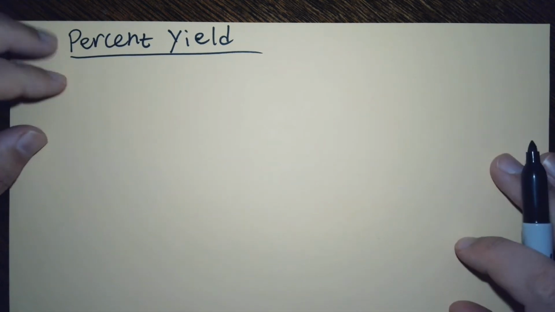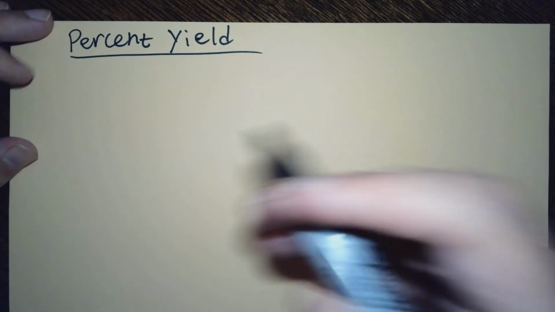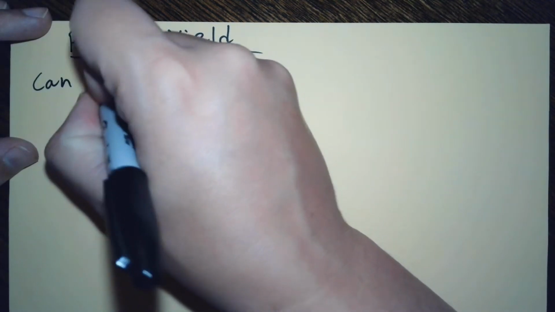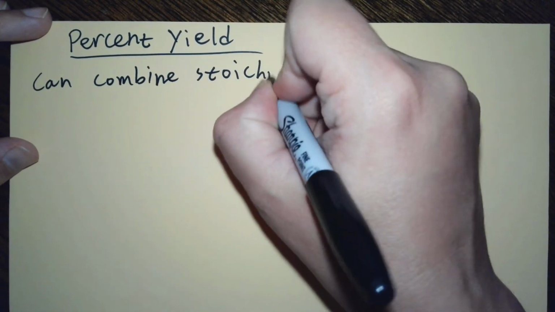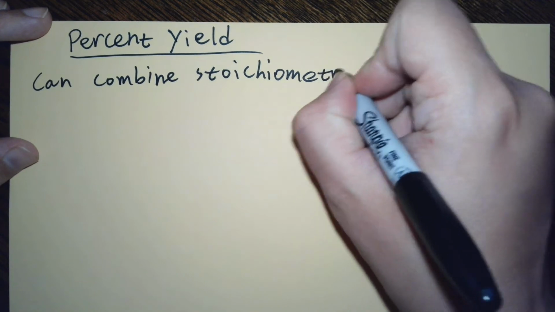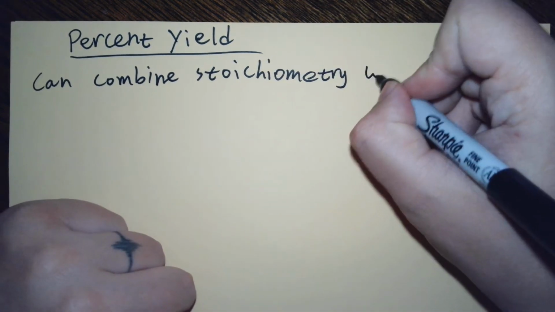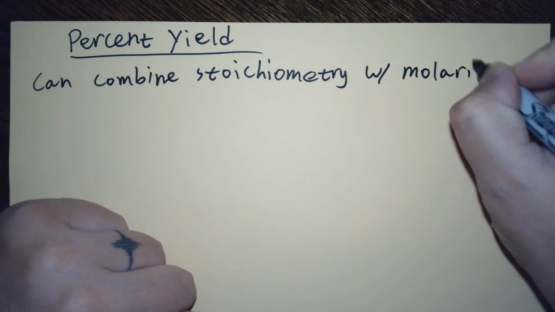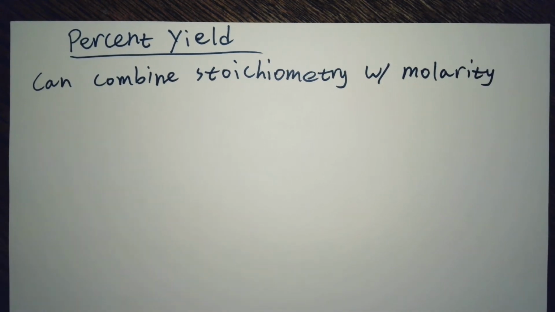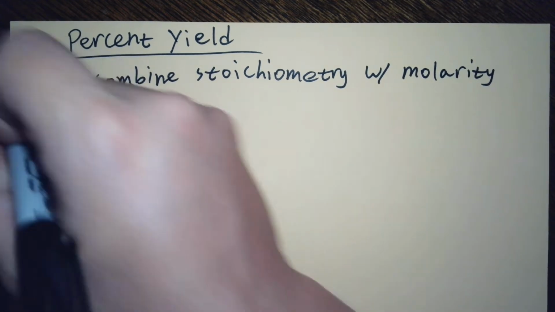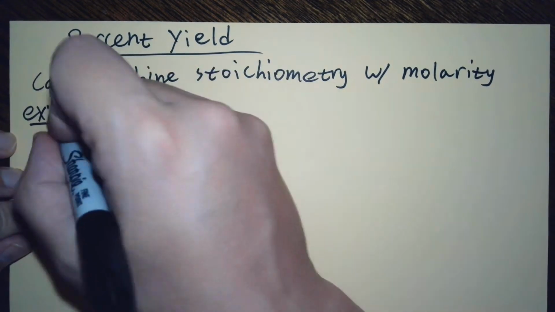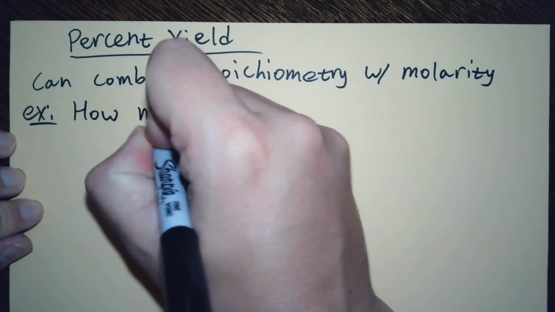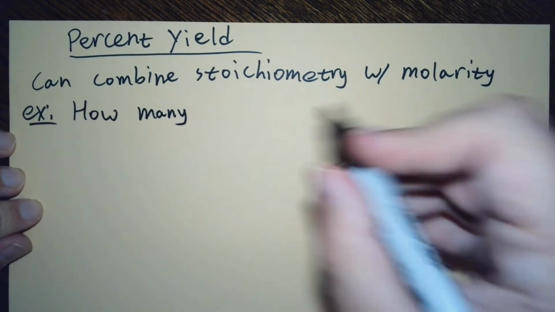All right, so we can combine the idea of stoichiometry with polarity. So remember we talked about solutions and their concentrations and how strong they are. Well, we can mix that with these balanced chemical equations, predicting the amount of product that we get, all that stuff. So, for example, we could ask something like, how many grams